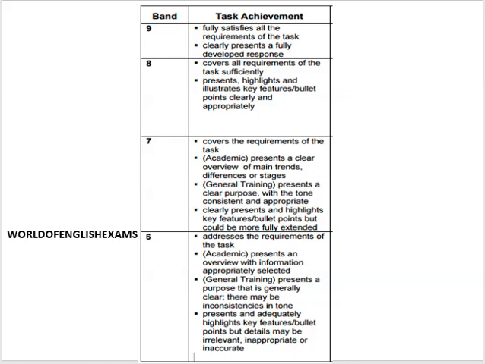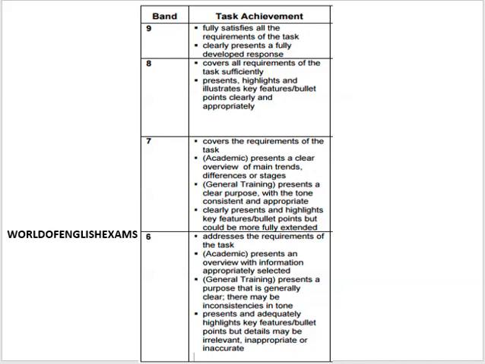Now let's quickly jump to band 8. So all of us might be targeting band 8 or band 9, for which you need to satisfy the following steps. Covers all requirements of the task sufficiently. This is the key. If you cover the bullet points, yes, you are going to get a 7. But if you are covering it sufficiently and addressing the task completely, then you have a chance of scoring an